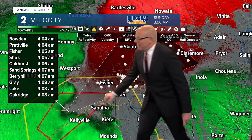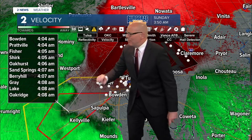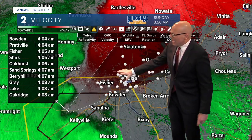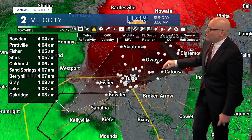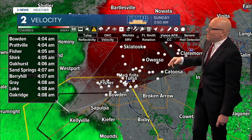So again, that's the area of circulation here, and it does look like it's weakened just a little bit more. So that is certainly some good news, but it is still there. And just monitoring this closely as it does move off to the north and to the east. Okay, while we've got that, just updated with the tornado warning,